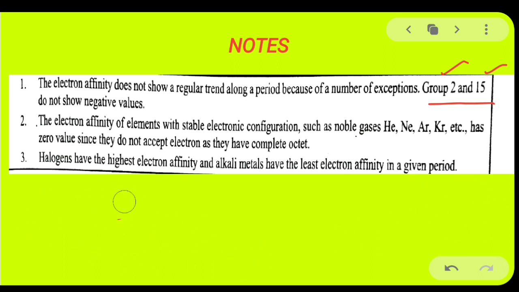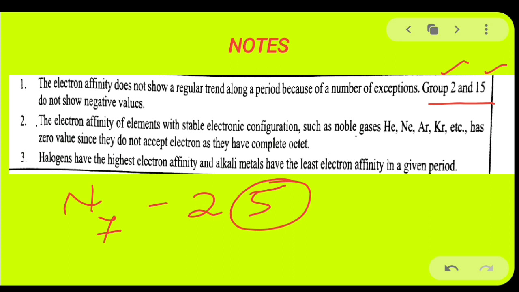Now, in nitrogen, the atomic number is 7. So, it is 2 and 5. But 5 is the number of electrons present in the outermost shell. In higher classes you will read that the shell is also divided into subshells. Here you can see it is divided into 2 subshells, and the first subshell contains 2 electrons and the second subshell will contain 3 electrons, and these 3 electrons show a